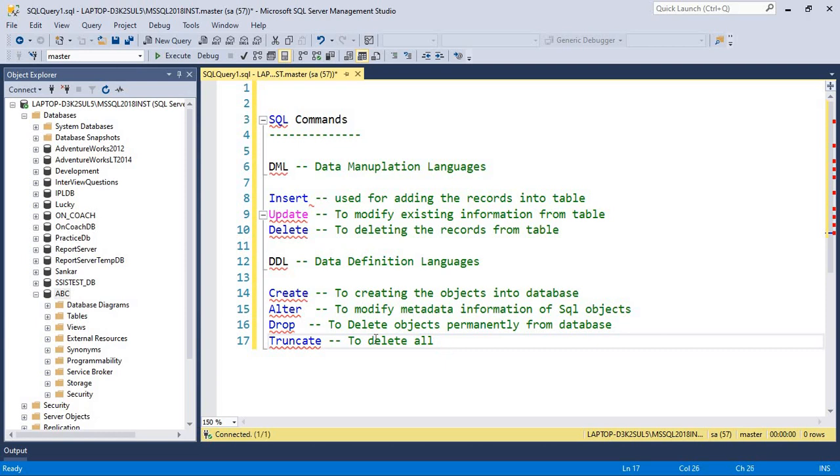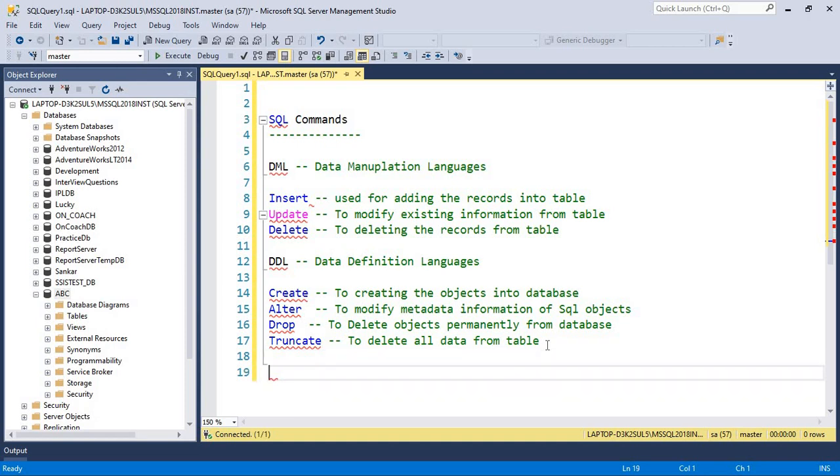To delete all data from a table, if you directly use the truncate statement, it will delete everything from the table. With delete there are conditions also. We can use conditions in the delete statement, but with truncate we can't use anything. Okay, that's it about truncate.